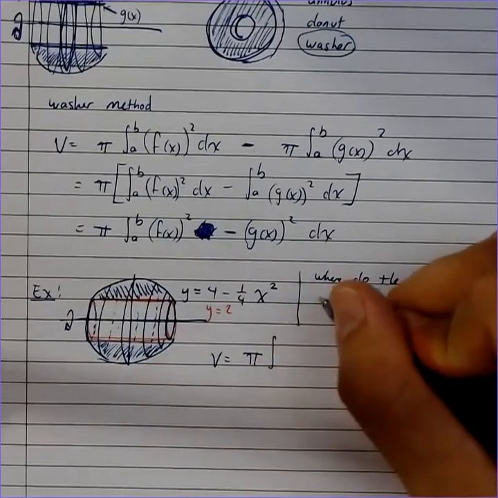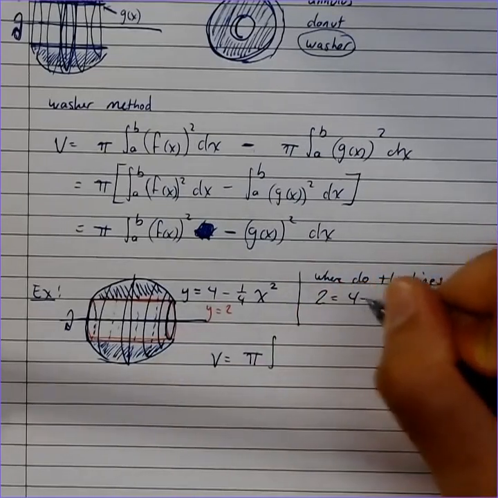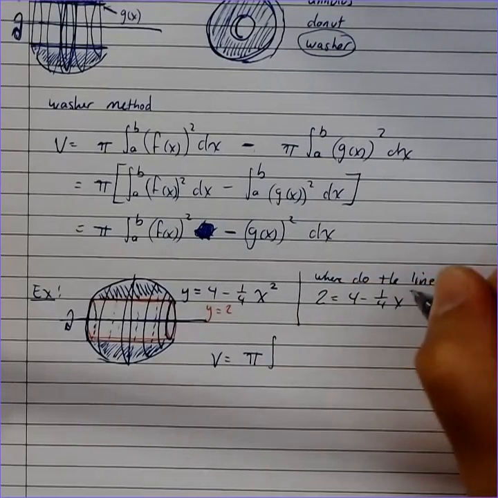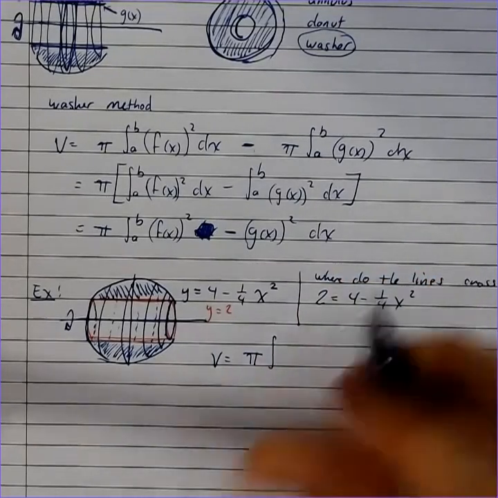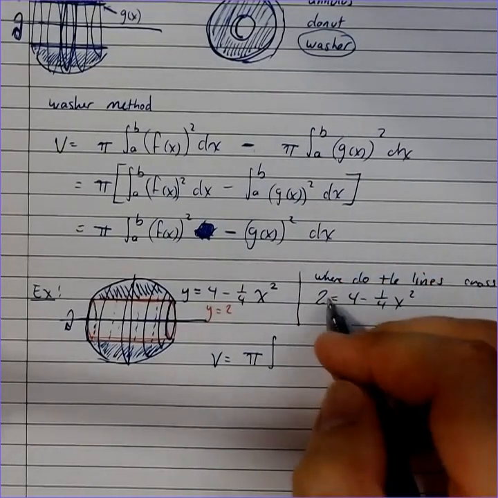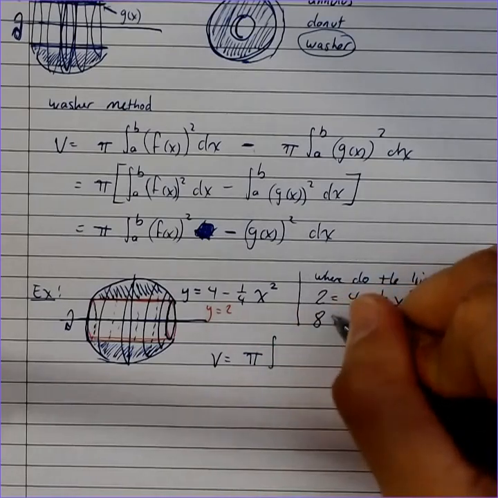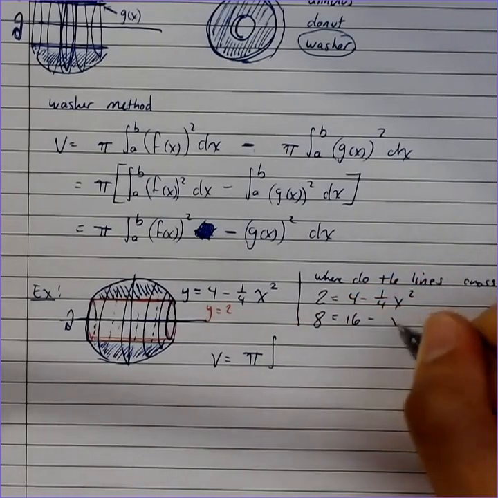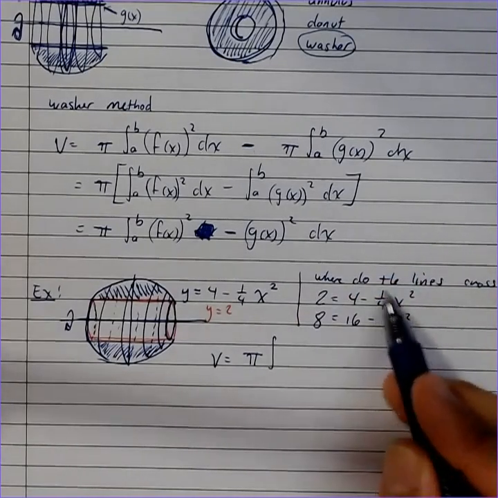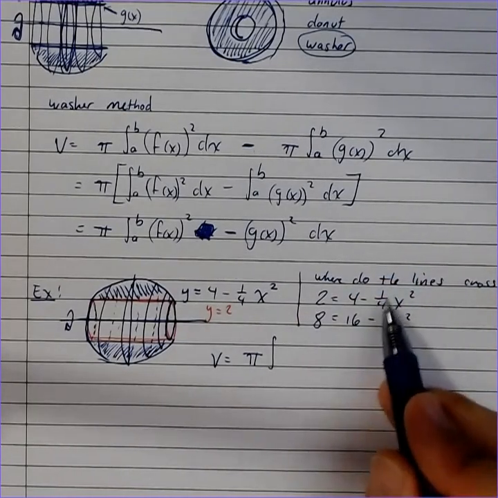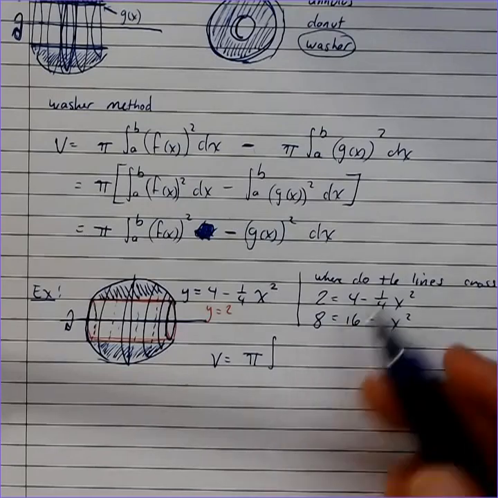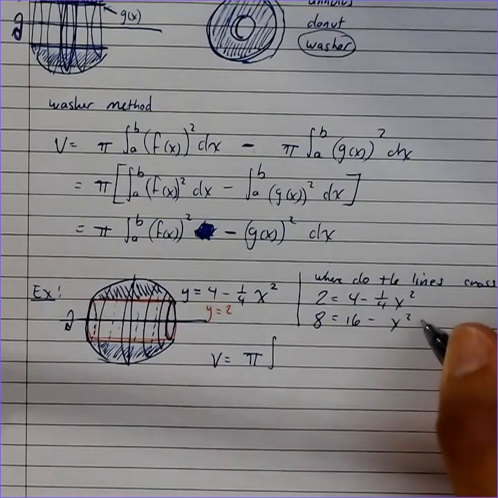We're going to just set them equal to each other. So 2 equals 4 minus 1/4 x squared. I don't like fractions, so let me multiply everything times 4. That'll give me 8 is equal to 16 minus x squared. All right, that's gone now. Multiplied by 4. So now let me subtract 16 over to the other side, and that'll give me